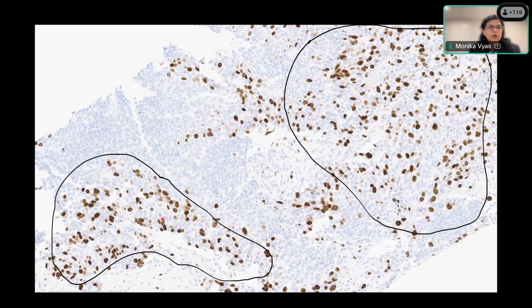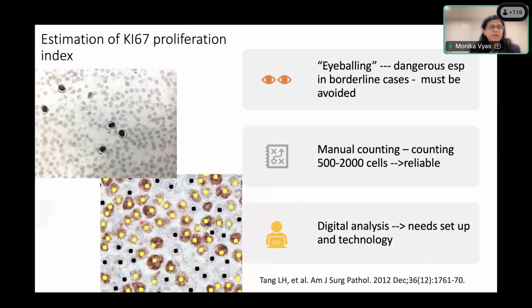So you try to find the area which shows the highest staining positive nuclei. And then the gold standard is taking a picture of such a hotspot area and counting the number of positive cells against the background negative cells. That has been considered the gold standard, manual counting, and you count between 500 to 2000 cells to get a reliable